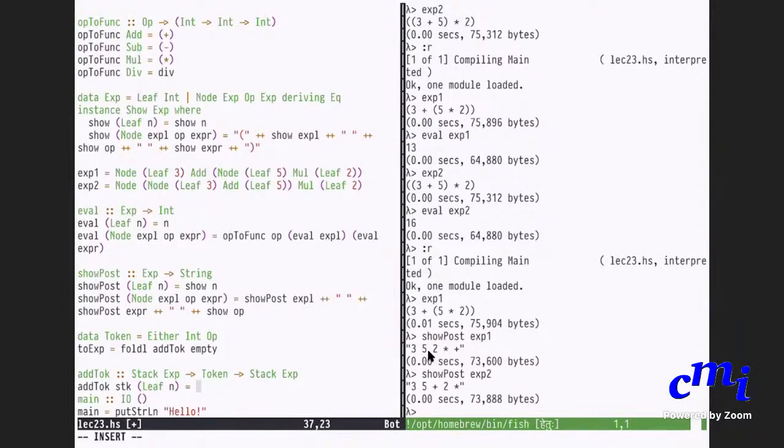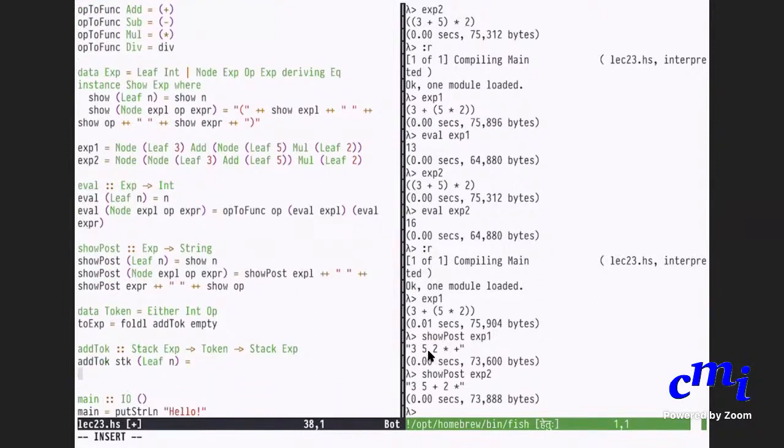What is the function to add to the top of a stack? Push. Yes, good. So you will just say push. What would you push? Sorry, it's not leaf n, it is left n. You will push leaf n to the top of your stack.